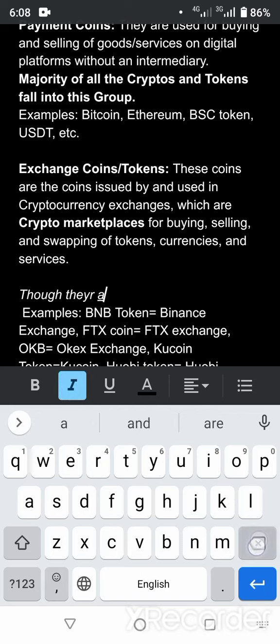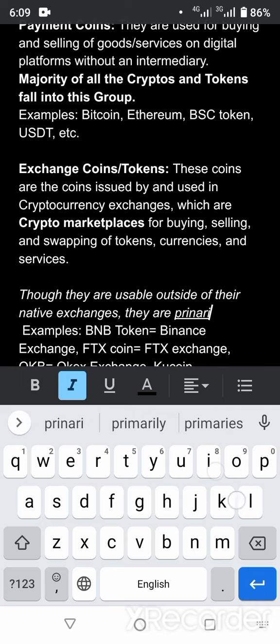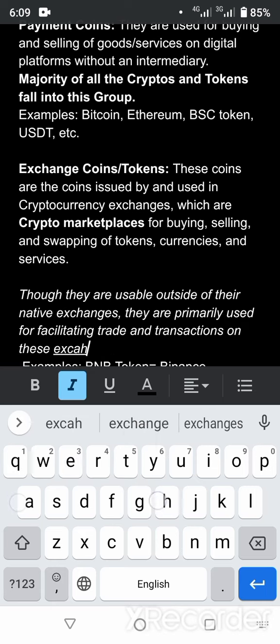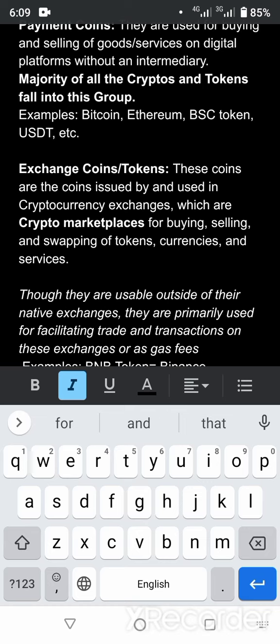Though they are usable outside of their native exchanges, that is the exchanges where they originate from, they are primarily used, let me use primarily, not majorly, primarily used for facilitating trade and exchange on these exchanges, or as gas fees